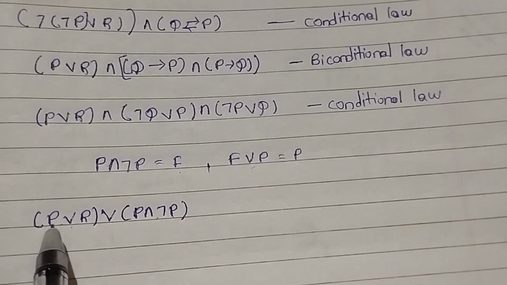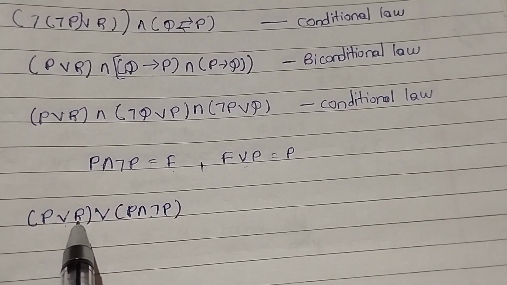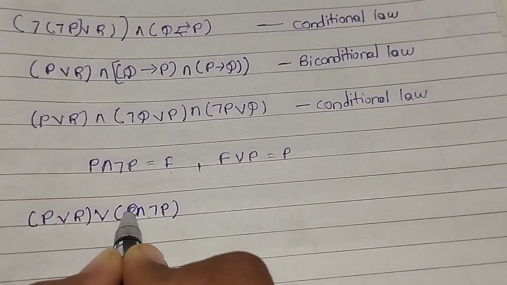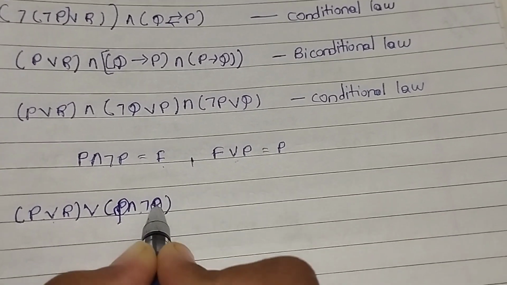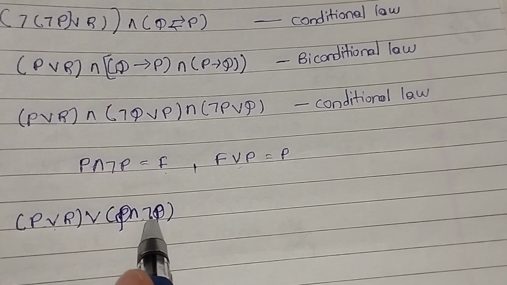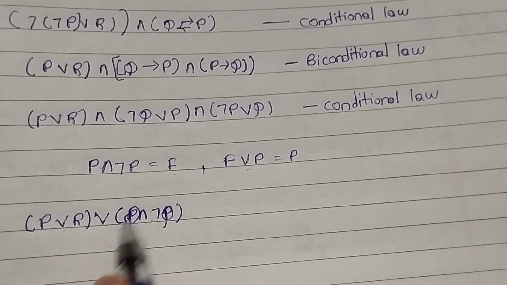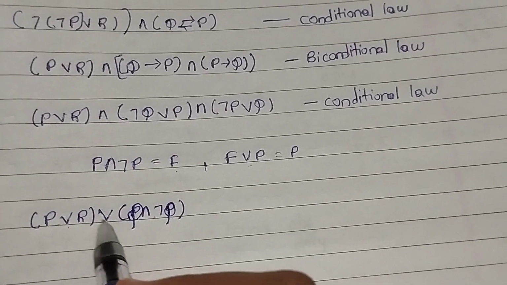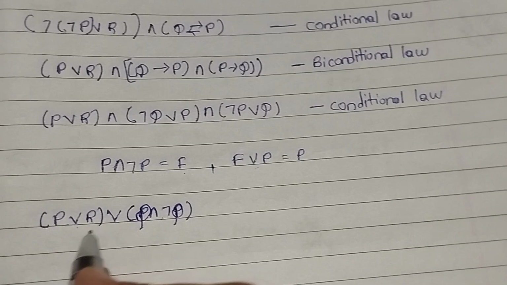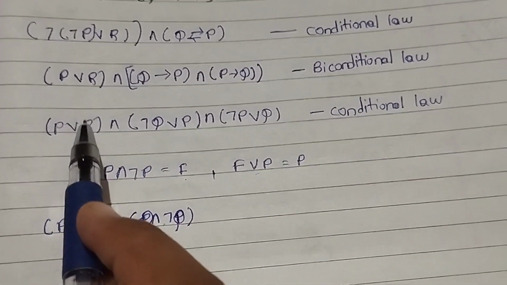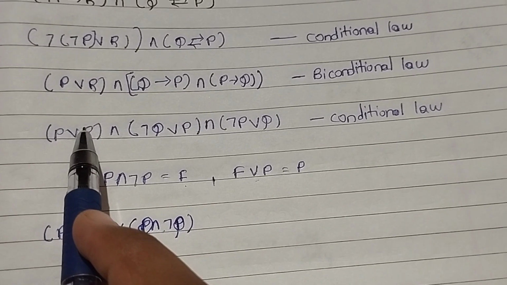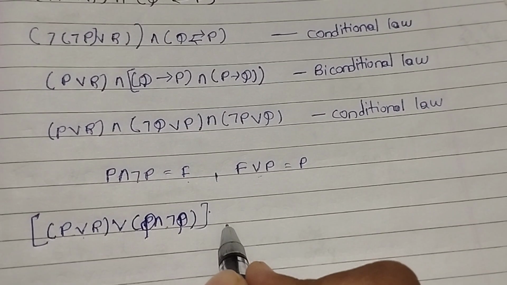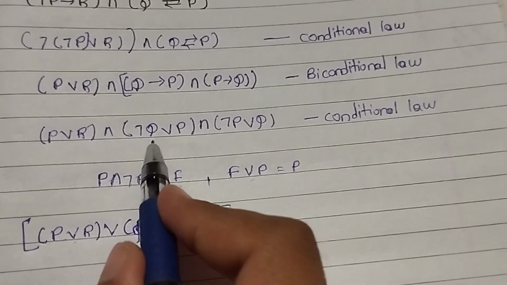Here P and Q are present, and P and R are present. What we want is the Q variable. So which variable is absent? We take the negation of those variables. Here we take Q and negation Q, which is F, ORing with P. Suppose the whole bracket is P, so F or P is P. So again we get the previous bracket. Now this is the one bracket, and now the second one.